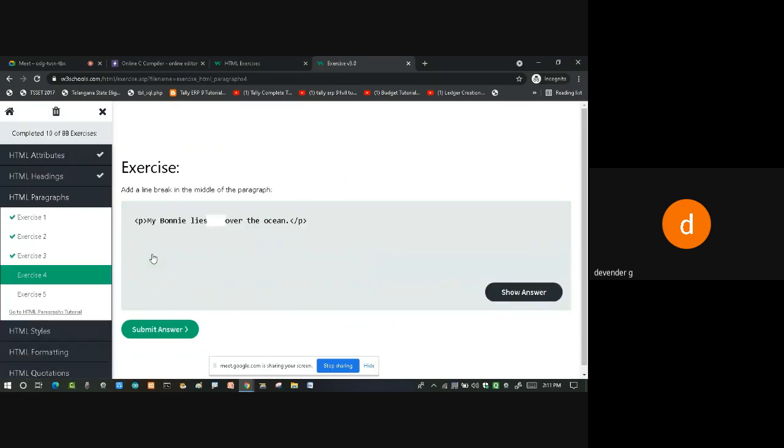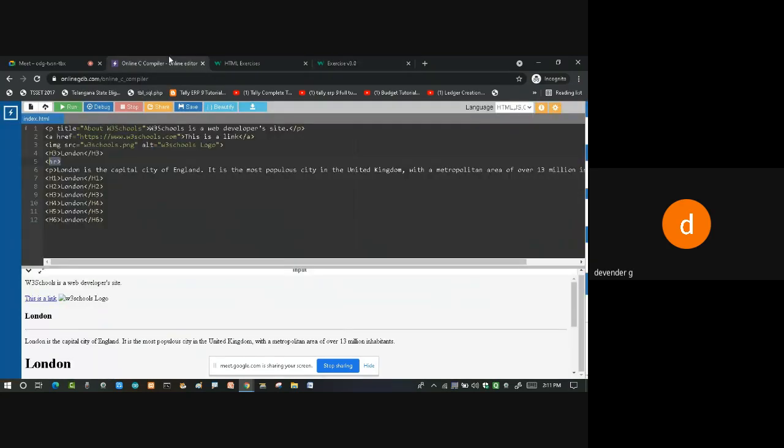Now here, the message is coming in this fashion, but here I want these two lines. That is, the paragraph is there, but this paragraph should be broken into two lines. So what is the tag I have to use to break the paragraph? See here, I have a big paragraph. I want to break this one. So what do I have to write so that I get a new line?